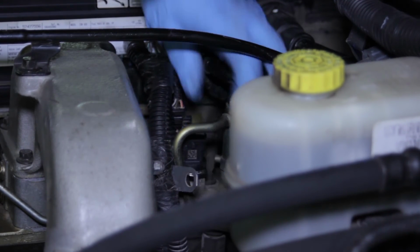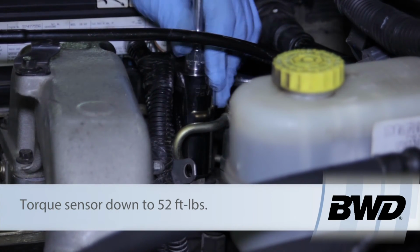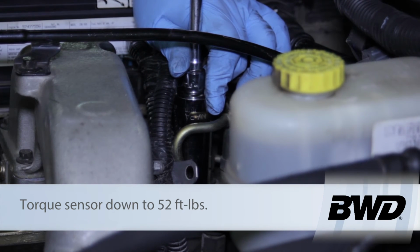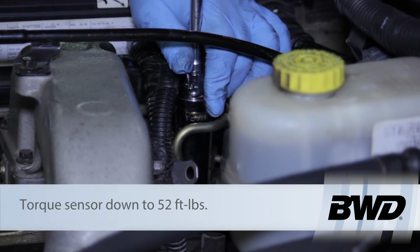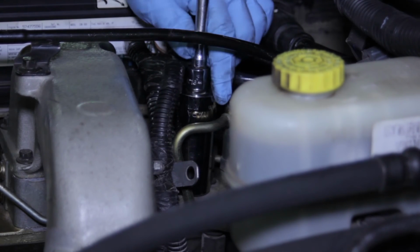Well, now that we've got it tightened down by hand, I'm going to take a torque wrench, and we need to torque this thing down to 52 foot-pounds. So I've set my torque wrench to 52, and you can hear we're there. Now we might want to go just a little bit more because we've got a couple extensions on here, but